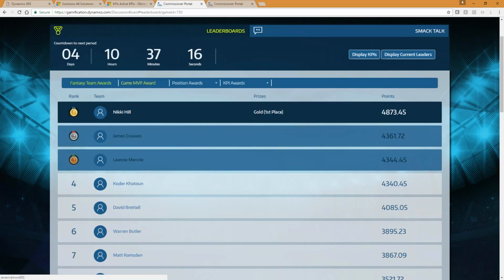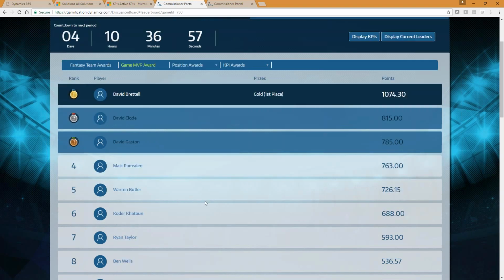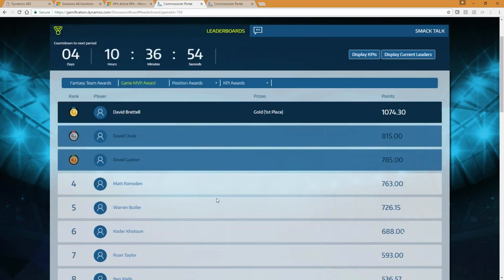We've got the game MVP award. So this is actual scoring. So in this case, commercial director David is the top gold place at the moment, closely followed by David Clode. So it's all the Davids in the top three. There's obviously a conspiracy there, but that's just the way it's worked out so far. As the game's not scheduled to end until the end of June, all these other people have got plenty of time to catch up, apart, as I pointed out at the start, from me. Because I'm the commissioner, I cannot take part in this game. So everybody else can take part apart from me. It's a bit sad, but it's just the way it works.